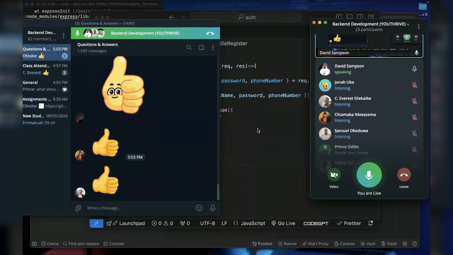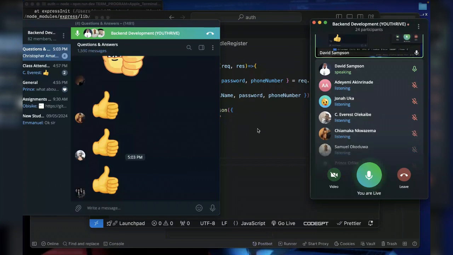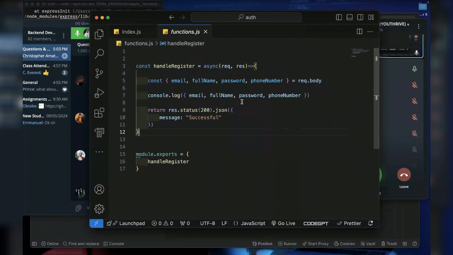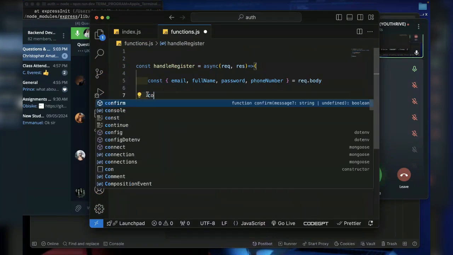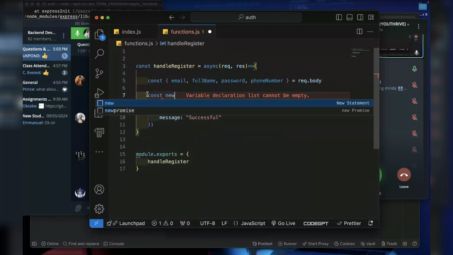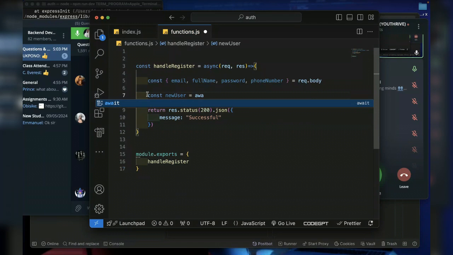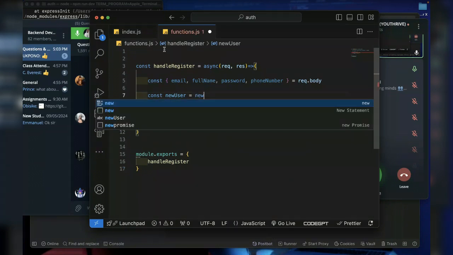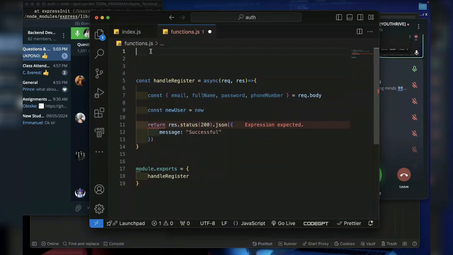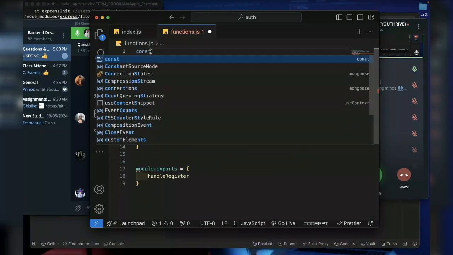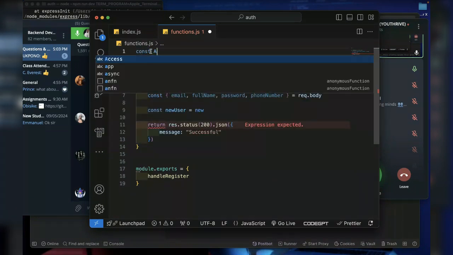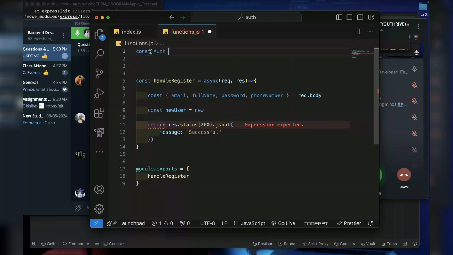So now we have gotten the user data. We can save it if you want. Let me go ahead and save. So what I'll do is I'll say const newUser is equal to new. First, I need to bring in my model. My model is coming from const auth is equal to require